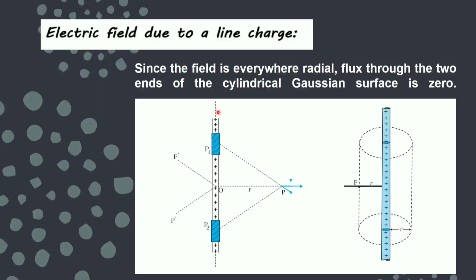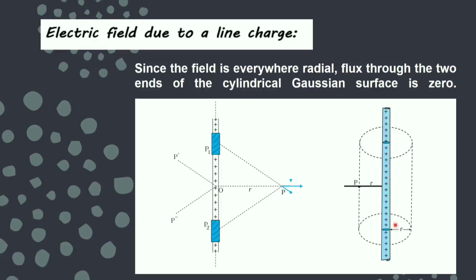Next point with me is, I want to find electric field due to a line charge. So by now you have understood that by using Gauss theorem, in place of starting from the force, all this from scratch, I can directly apply the Gauss theorem and I can find the electric field. This due to line charge you people have already done as a question using Coulomb's law also. But if you use Gauss theorem, then you will see that the things become quite easy for you. So of course you have to take some Gaussian surface.